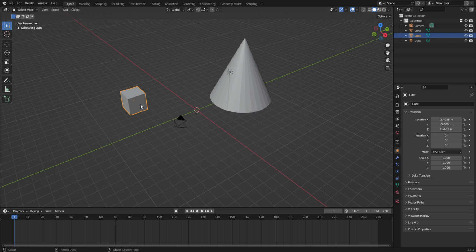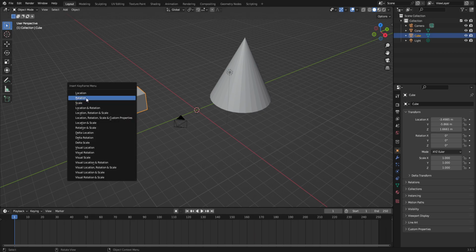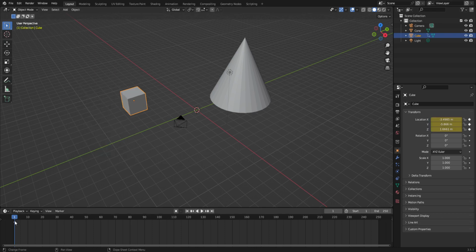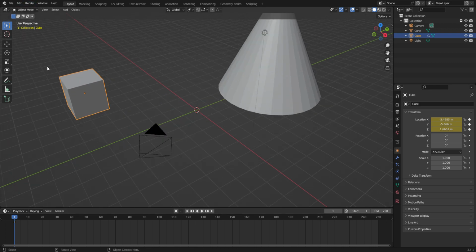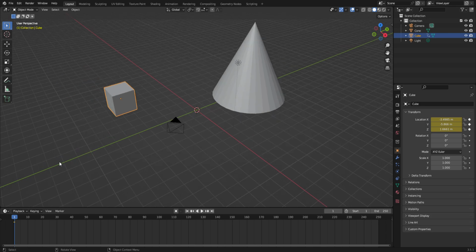Okay, so here we're gonna press I, and we're gonna press location, and it adds a keyframe. When it adds a keyframe, basically when you add a keyframe, it's like a checkpoint for your animation. So right now I don't got any keyframes for the animation yet, but here we're gonna move it to around 50, and then we're gonna